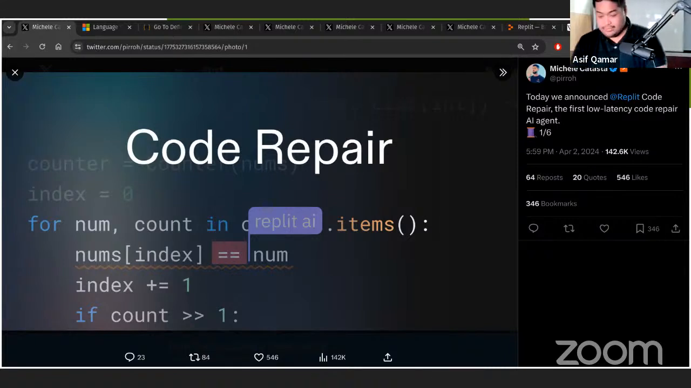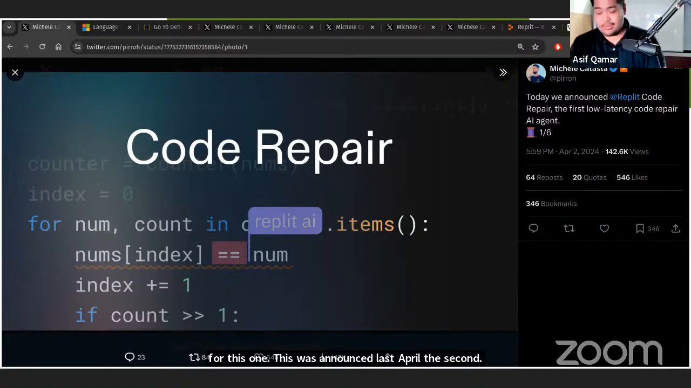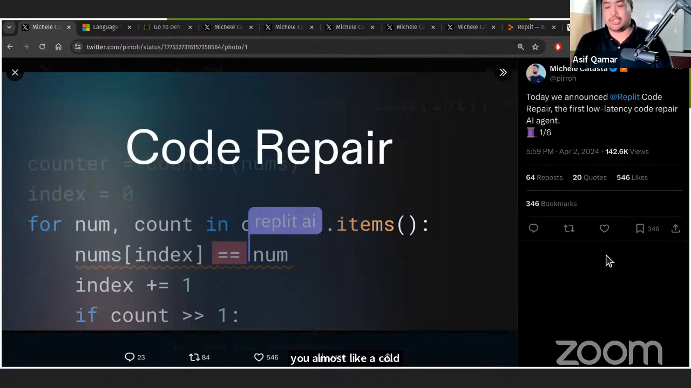Okay, hello everybody. So I went down the rabbit hole for this one. This was announced last April 2nd, so it's almost 4 days old, pretty new. This is from the Replit company. They're known for giving you almost like a collab experience, a developer environment online that you can share with